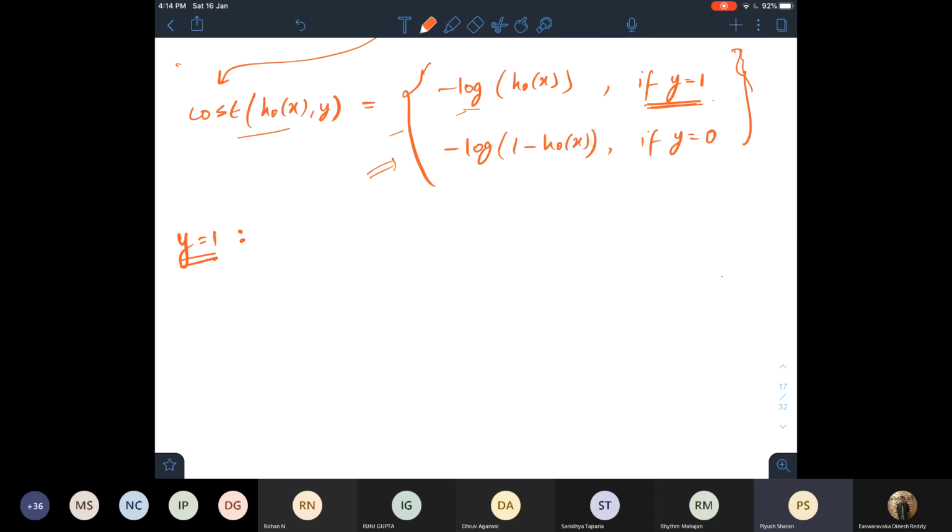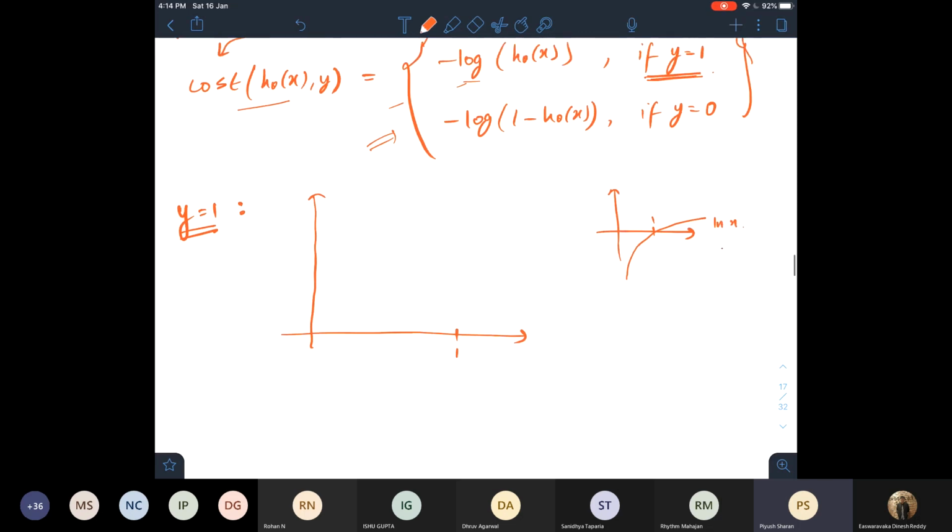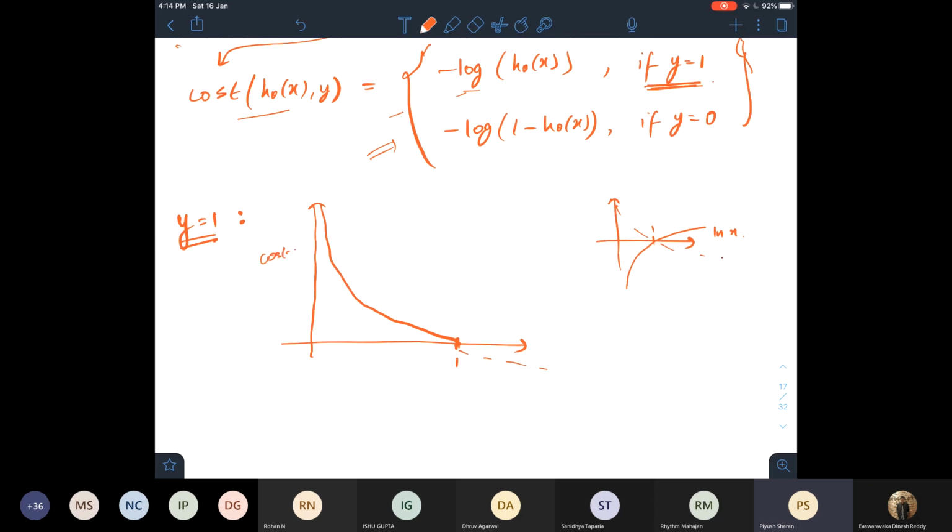If I plot this one for y equal to 1, you know the graph for ln x. For the negative of it, it would just move on like this, and this is the cost.